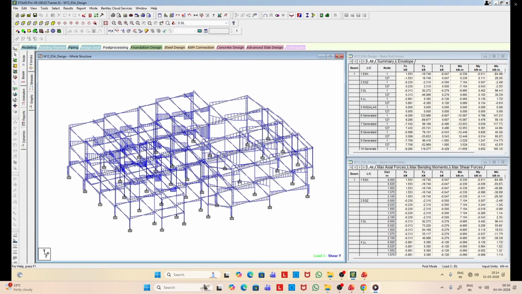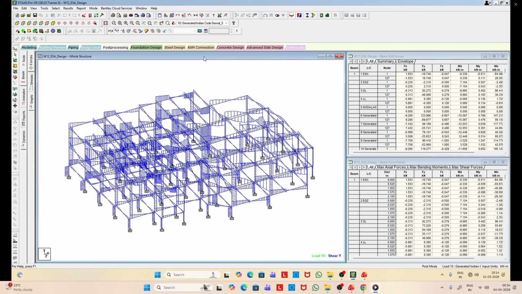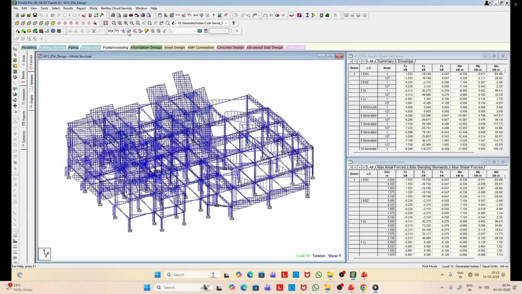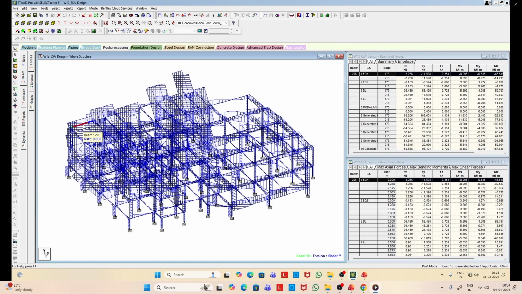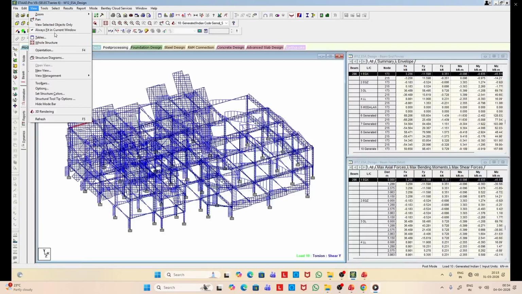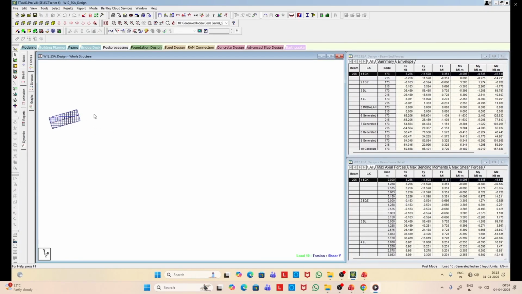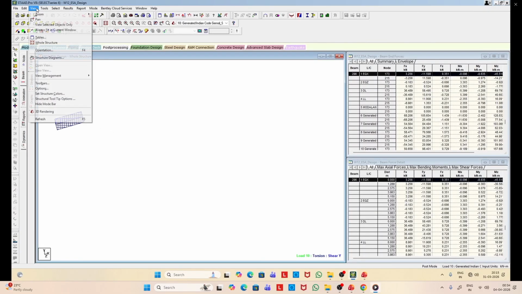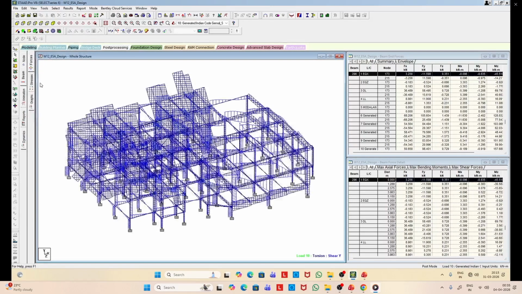So likewise, we can select different load cases and different combinations also, which will give us the structural response corresponding to that load case. And on the right hand side, you see for all different load cases and combinations, we have the force and moment values. Here, this is the torsion for every member. So we can also plot its variation over the length. So we can select a member and we'll get the number. So you can select and just plot that member, and we can see the different values.